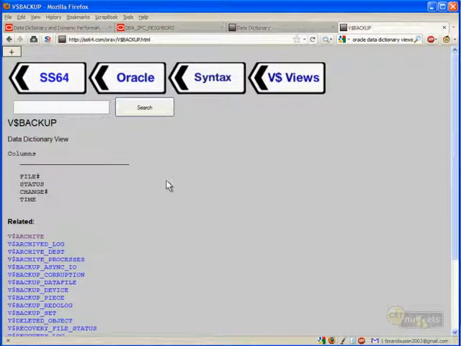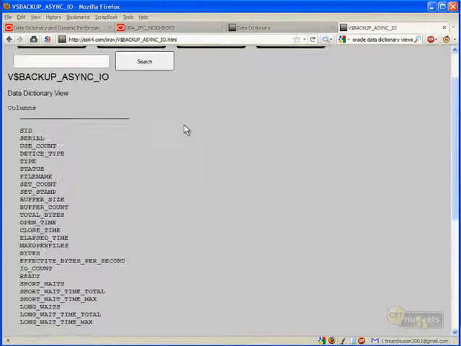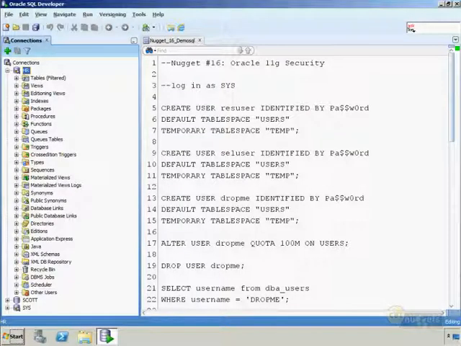And again, these are all hyperlinked and tell us just very simply what the columns are in each. So it's a much faster way to work than the Oracle documentation, but it only gives you the column names here instead of the data type as well, which is just as well in most cases. I'd like to complete this demo by showing you how we can access the data dictionary through SQL Developer and